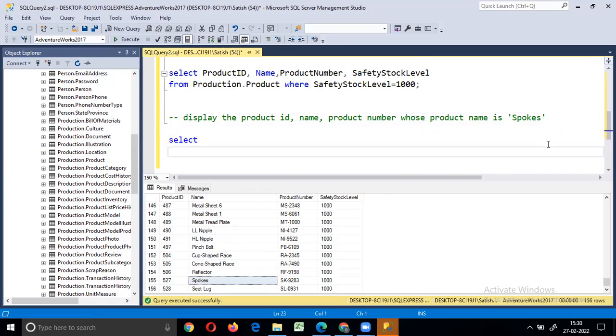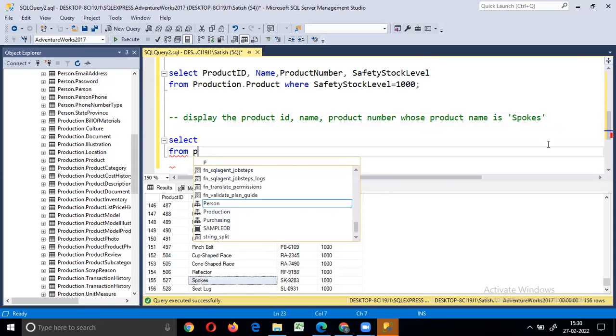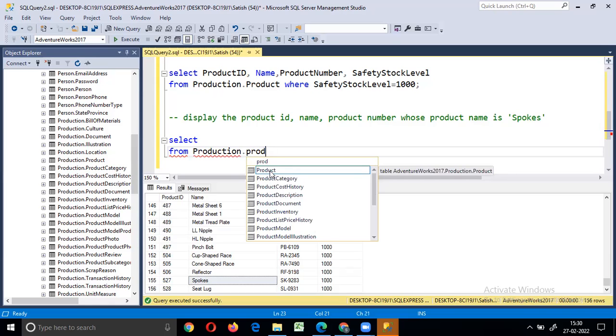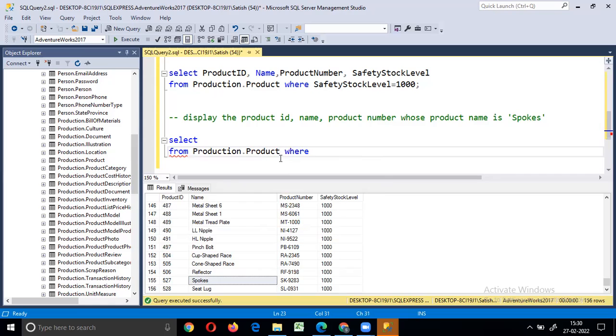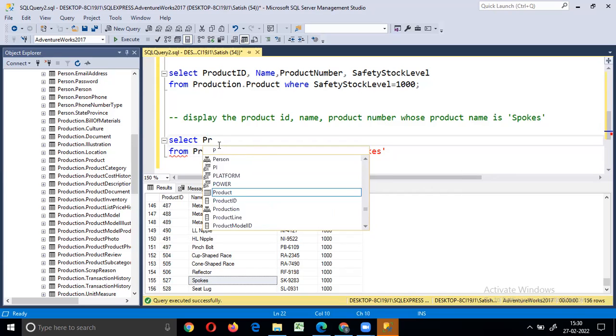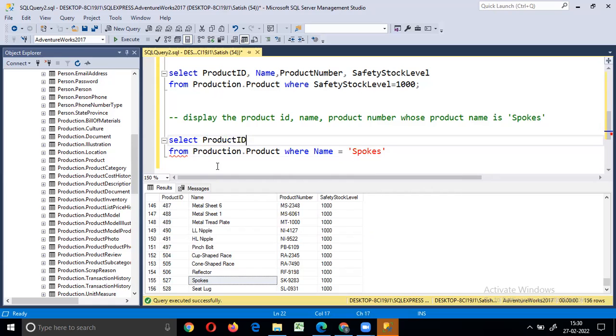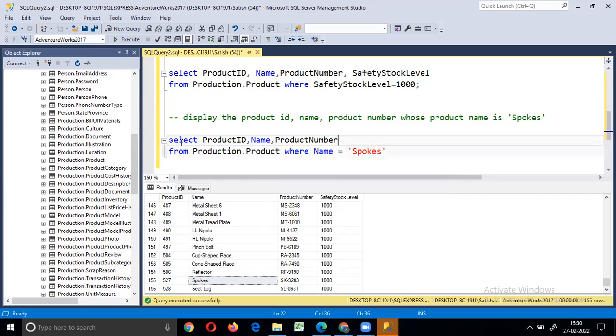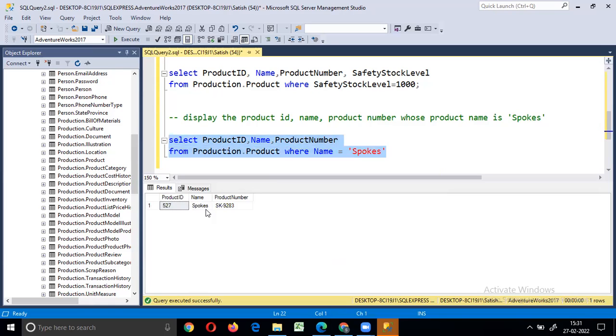Select from, where name is... Yeah, so this is going to get it.